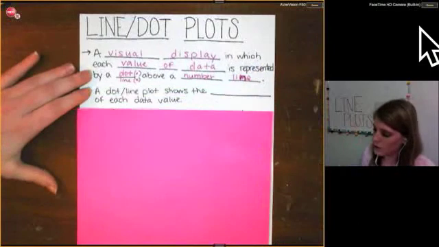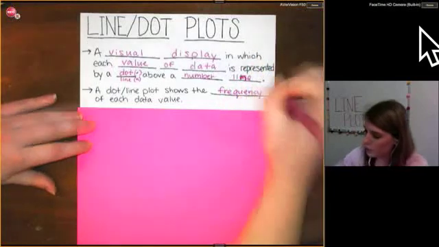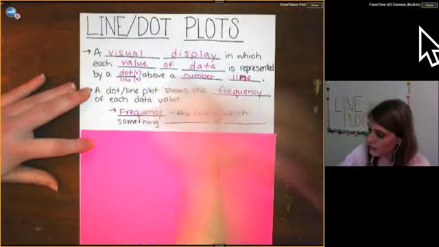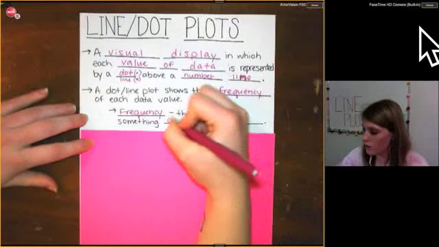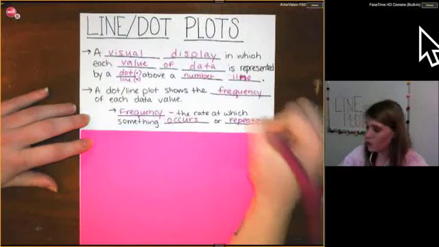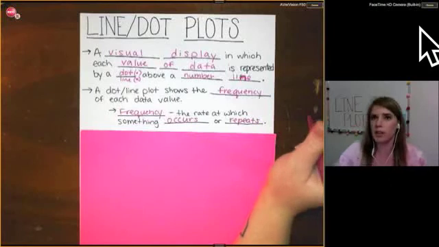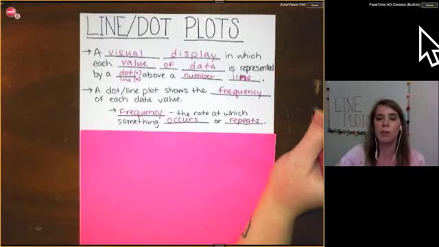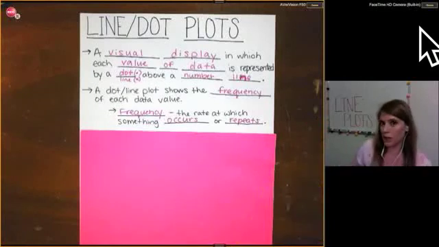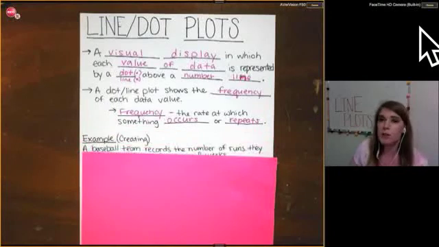So a dot plot does show the frequency of each data value. And what that means is the rate at which something occurs or repeats. So that's one of the unique things about a dot plot or a line plot, and one of the reasons that we would use it over some of the other visual representations we're going to learn about, is that it does show every single piece of data. So sometimes that's going to be more helpful, sometimes we're not going to want that. It all depends on the data set you have, the numbers you have, and kind of what you're looking to